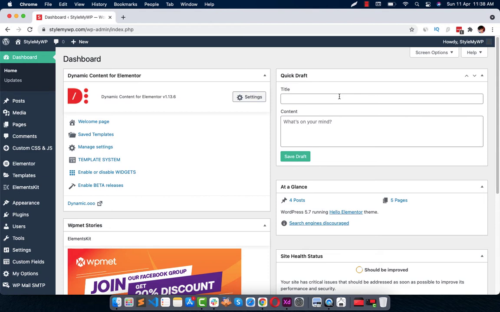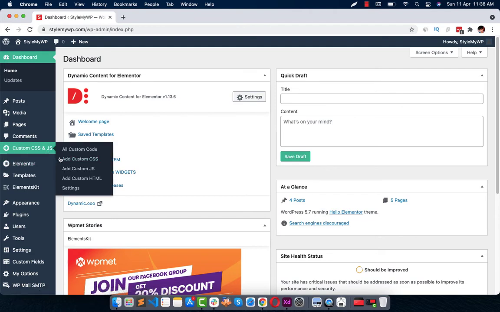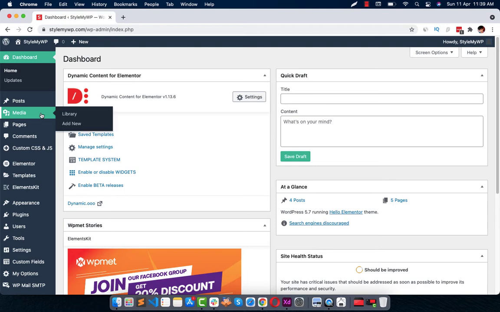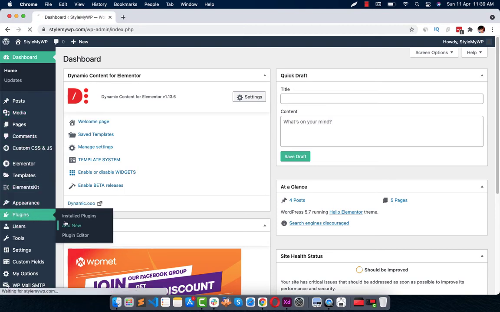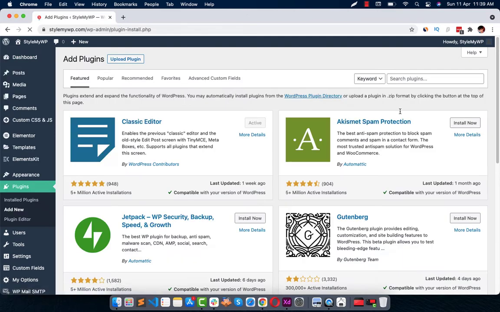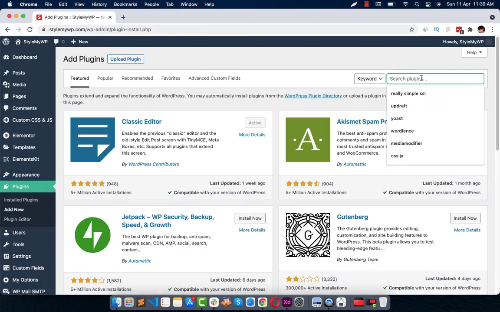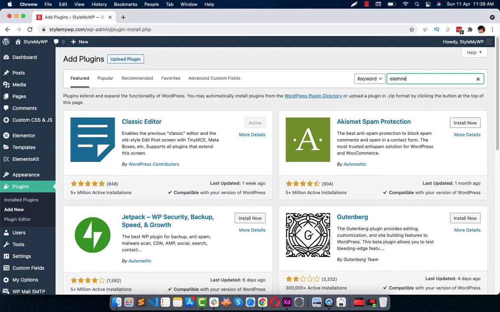And to use mega menu, there are a couple of plugins that you can use. I am using Elements Kit. Elements Kit is a free plugin that allows you to add a mega menu to your normal menu. So let me show you how you can just get Elements Kit. I am using Pro version, but interestingly, free version also allows you to create mega menu. So you can just get it from repository itself.